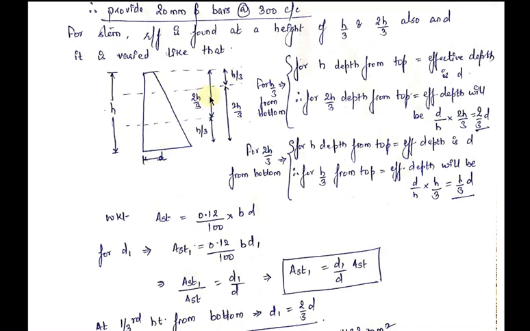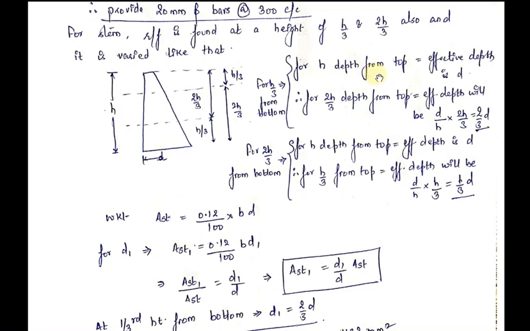So what we do is we keep on decreasing the reinforcement after every h by 3 height. So if I take height of h by 3 from base, after a height of h by 3, the reinforcement will get reduced. Then again after a height of h by 3, the reinforcement gets reduced, and that reduced reinforcement will ultimately reach the top. So we reduce the reinforcement in two stages. First after this level and then after this level.